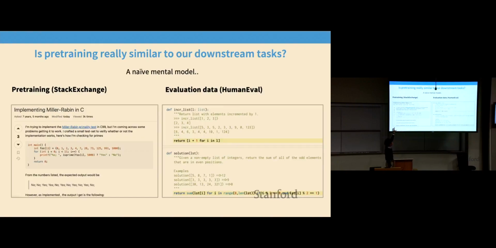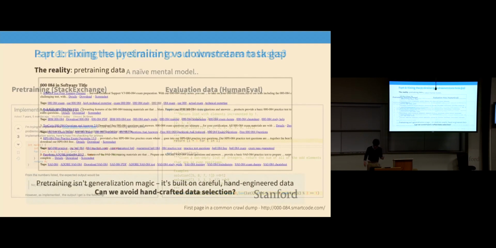And in many ways, there's a good alignment between the left and the right. On the left, you've got this QA format, you've got some code in the middle, and if I transform this a little bit, you can imagine that it's similar to the evaluation, right? There's good overlap between the two. And so this leads lots of people to say, oh yeah, of course language models work, pre-training data covers everything, and it's very similar to evaluation data.